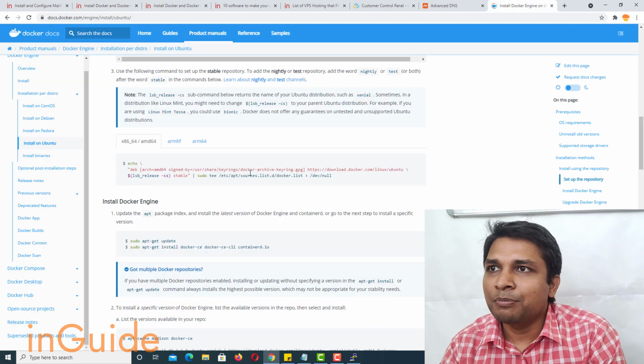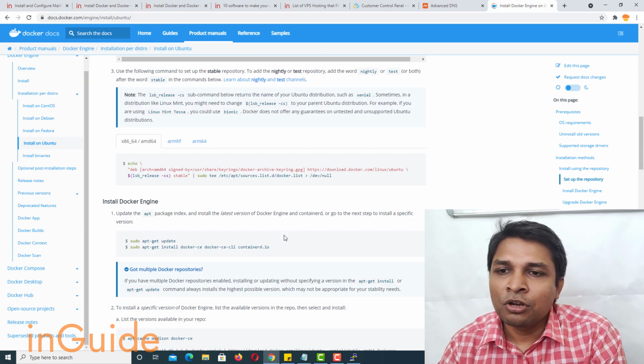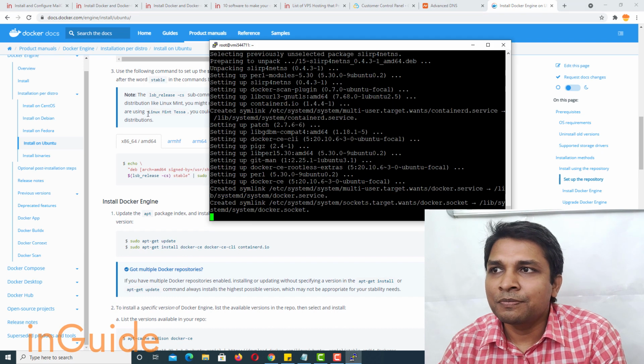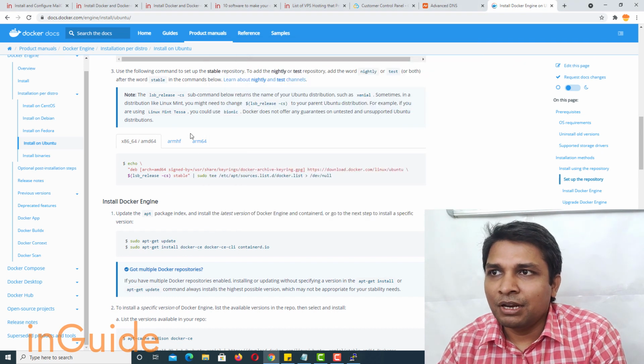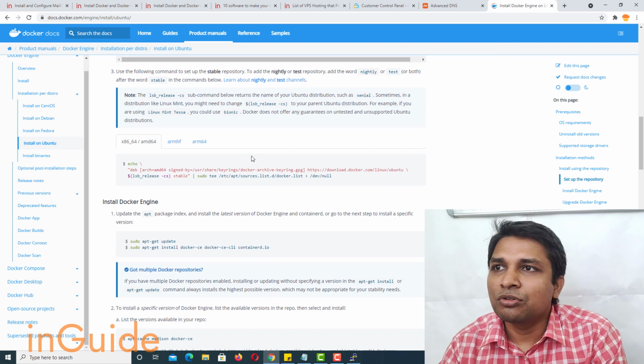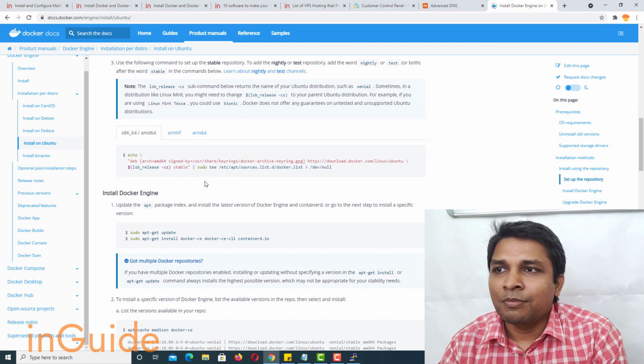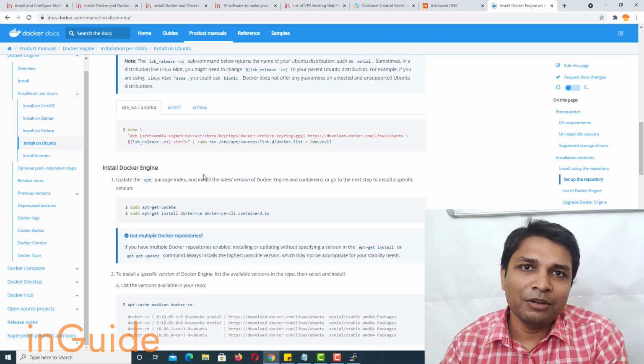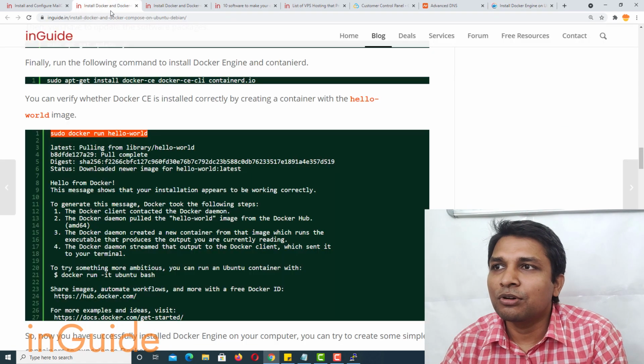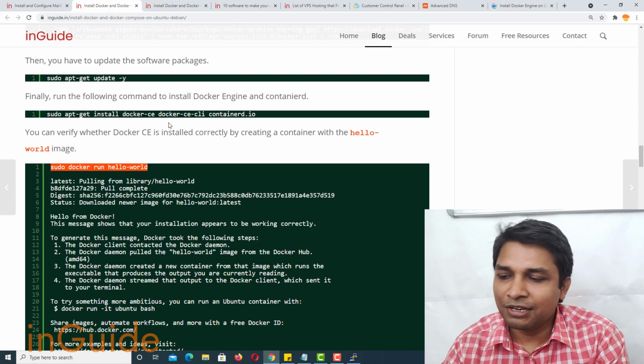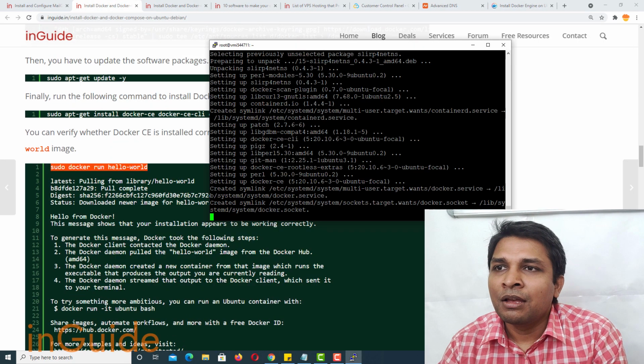Here you will get a few more options, and depending on your operating system you can select those options. So this could be confusing for you, therefore I have this article written. You can follow this. Anyway, let's wait for this installation to complete.